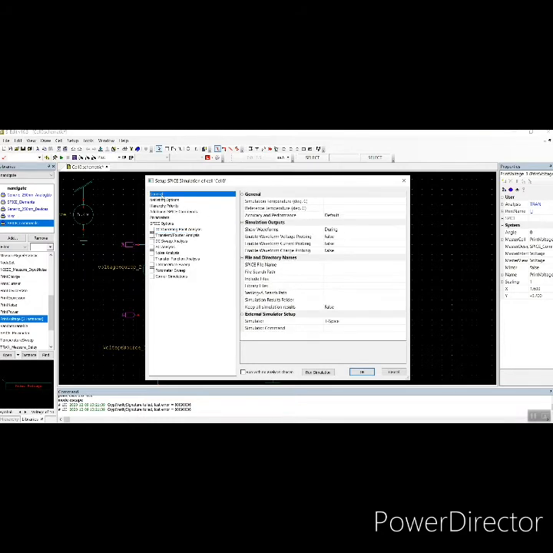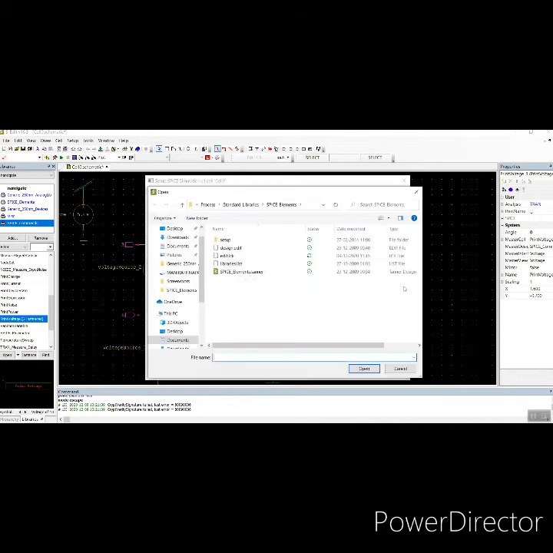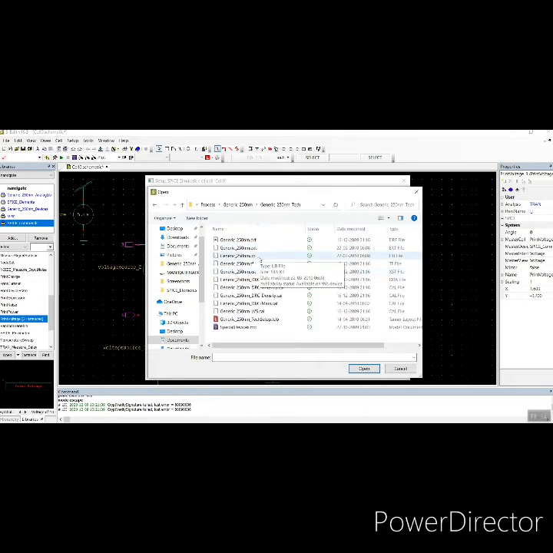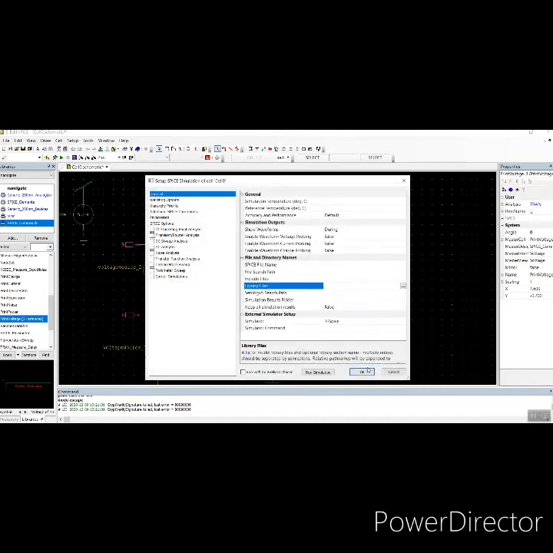In general, we have to include library files. Click here and go to documents, Tanner Tools version 15.0, then process, then generic 250 nanometer, then generic 250 nanometer tech. In this generic 250 nanometer .lib file, you have to choose this, open, and at the end we need to insert the TT extension.